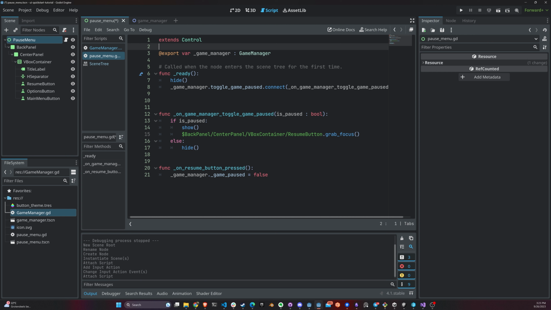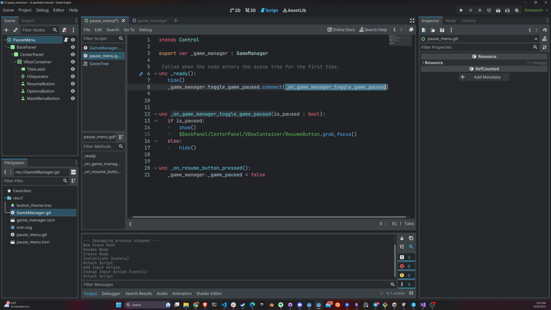There are other ways, of course. And here in the ready function, we are hiding the UI element, the scene, and we're connecting to the toggle game pause signal from the game manager class,